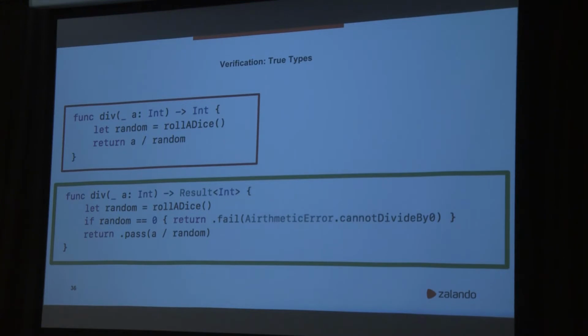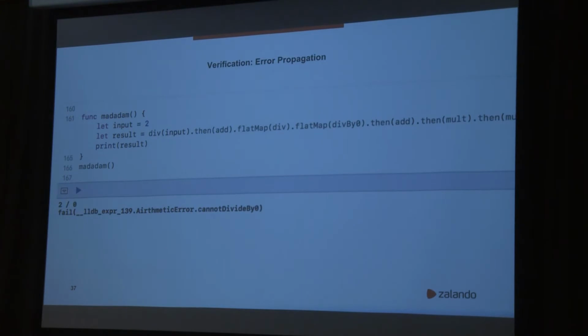So true types, we did a Result Int, which is true for this function. Whenever you see a type, it has to be true for every input possible. Okay? So that was the easy part. Error propagation. Let's say the first division fails. Okay? Let's say. But we will go through the rest of the chain, and when we end up, we will